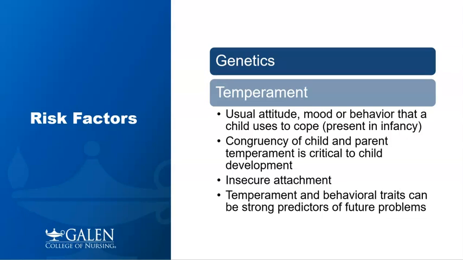When we look at temperament, we want the child's temperament and the parents' to kind of mesh together. If we have a parent who is super rigid and the child's more lax, or vice versa, it can cause some kind of disruption between the two. Attachment we talked about when we talked about trauma. If we do have differing temperaments, we can see struggles to form attachments. Maybe the parent is not attaching to the kid as well as they did a different kid. And temperaments can be a big predictor.